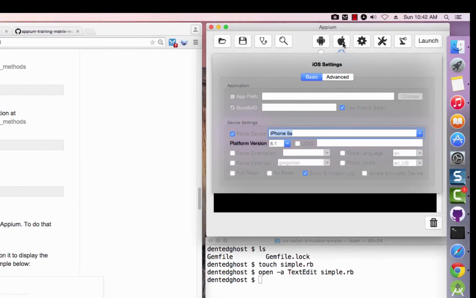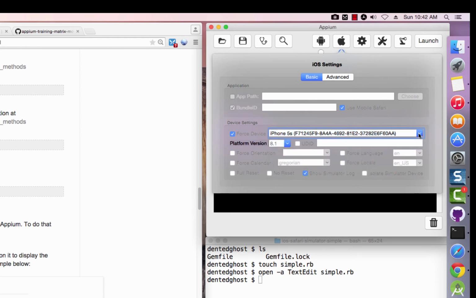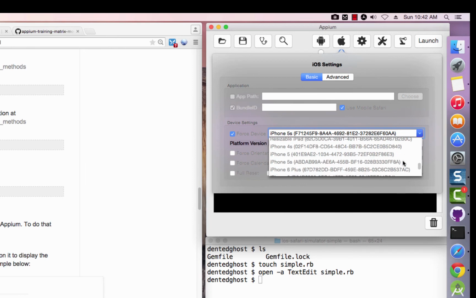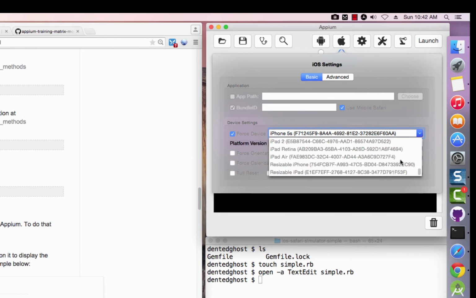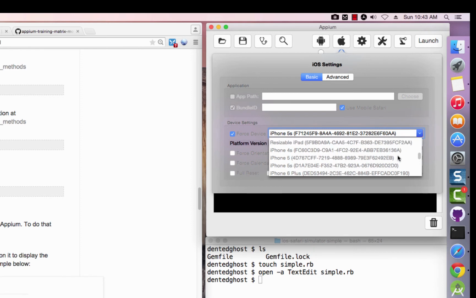When you come over here and choose a specific device, when you force a device, you'll notice that there's an iPhone 5, but there's actually multiple iPhone 5s here. And given this interface, it's really hard to determine which is the correct iPhone 5 that I should choose. And to be able to actually determine the correct one,